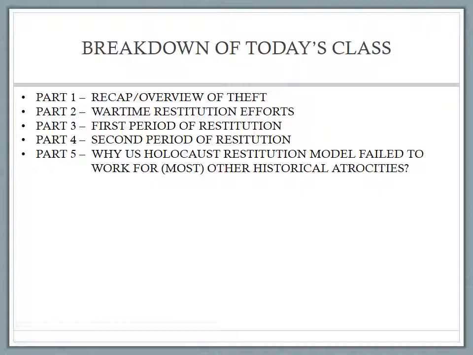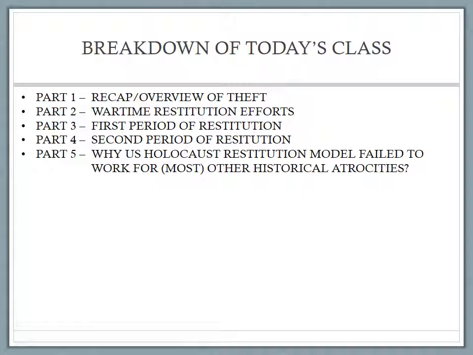In Part 3, we'll look at the first period of restitution. This encompasses what Professor Baszler calls in his book Periods 1 and 2 and spans from 1945 through the 1960s. We'll look at this first period through the lens of Germany, Israel, as well as a couple of other exemplar